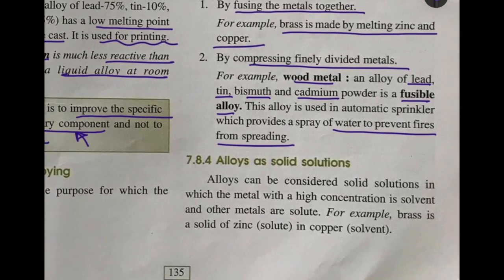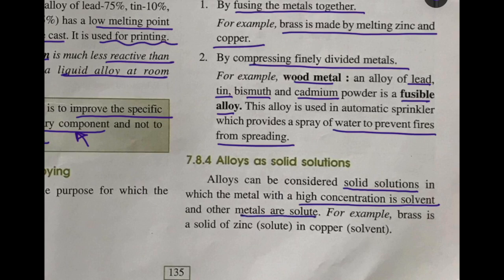Then, alloys as solid solutions. Alloys are said to be a solution but in solid form, in which the metal with a higher concentration is the solvent, like water. In a normal liquid solution, water is the solvent. So when we look at a solid solution, we look at which metal is more. The metal at a higher concentration is the solvent,